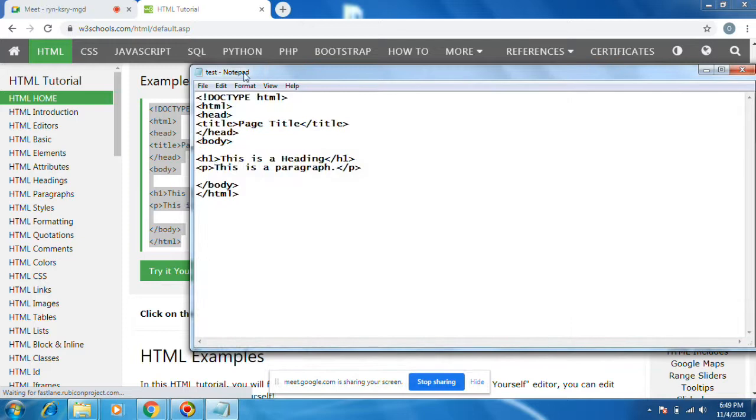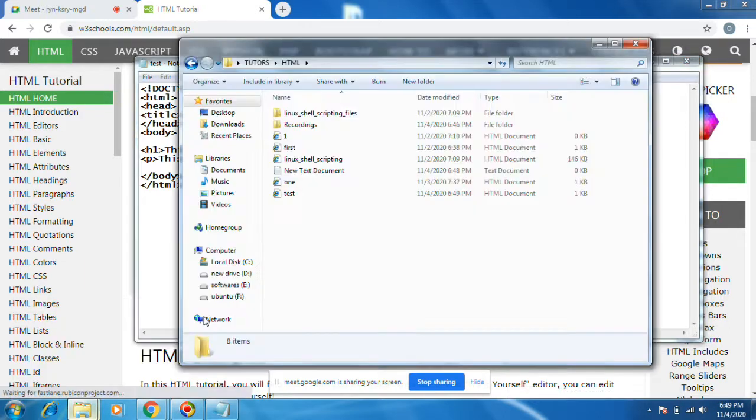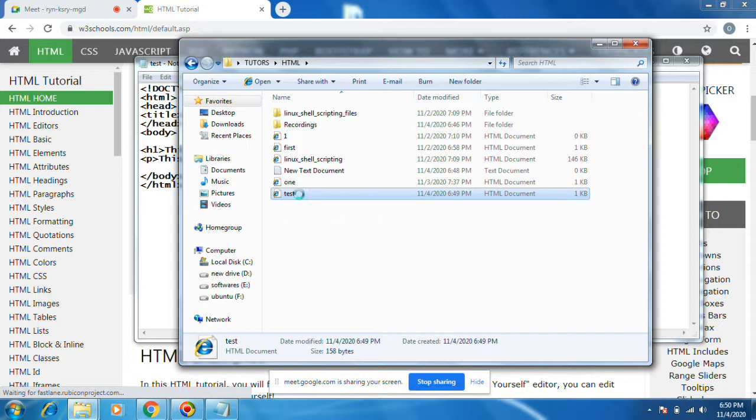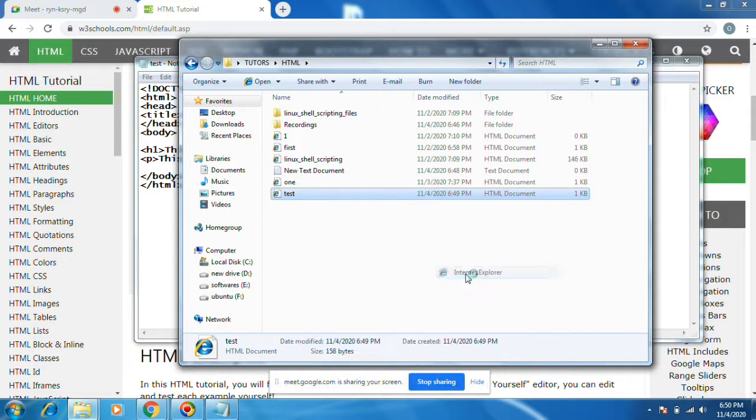Test notepad. This is just created as an HTML file, test.html. If you right click, you can open with Google Chrome, Internet Explorer, whatever you wish. Let me open it in Internet Explorer.